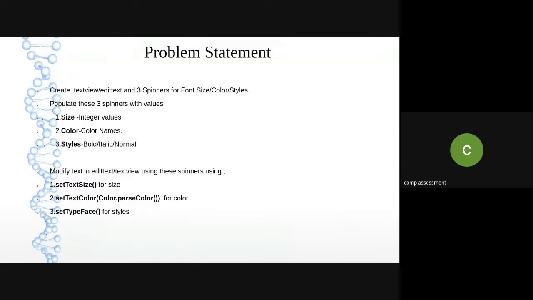Now tell me which widgets we will be using. Spinner, which will give me a set of values, but how are you accepting the input from the user, the text for which we want to give the effects? Let me know the widgets now for the text editor. Yes, I want the list of the widgets and then only I will proceed.